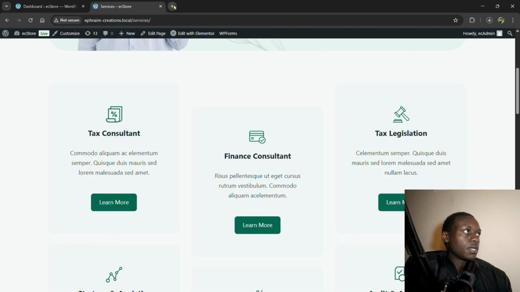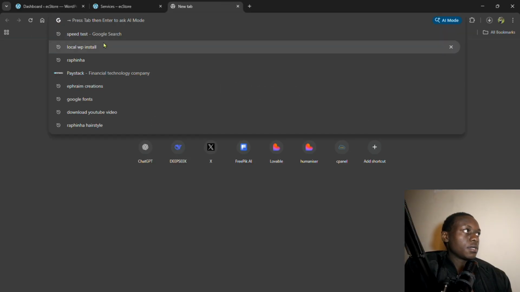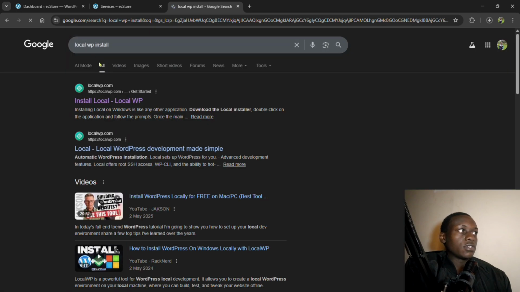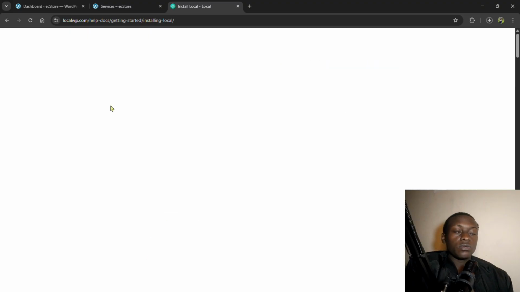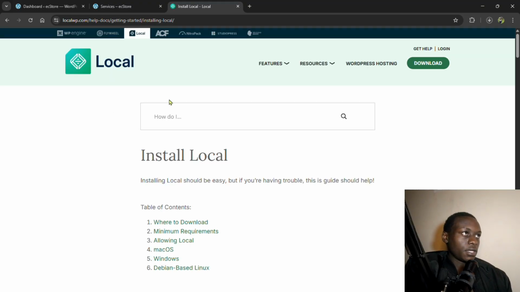Now for the final part of the video, let's see how we can install Local WP on our computers. So on a new tab, I'll type Local WP install, which also means install Local WP, and then I'll click on the first link to appear up here. Then I'll click on this green button, download,